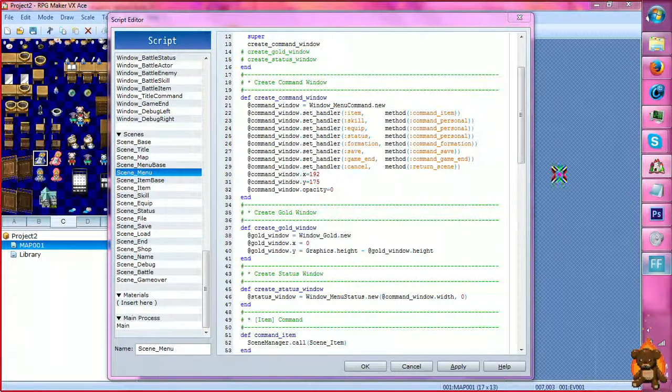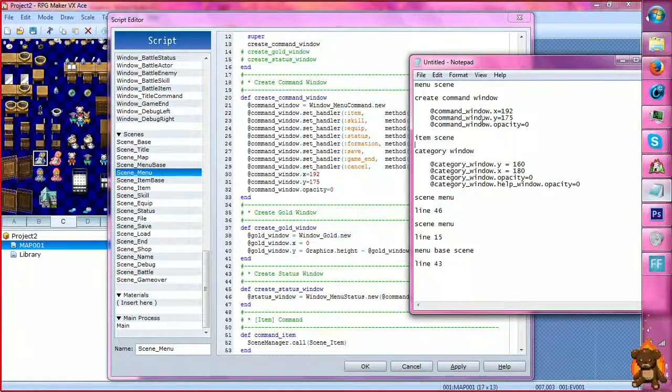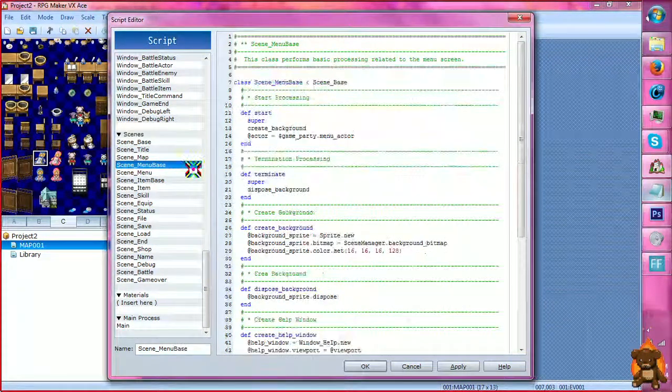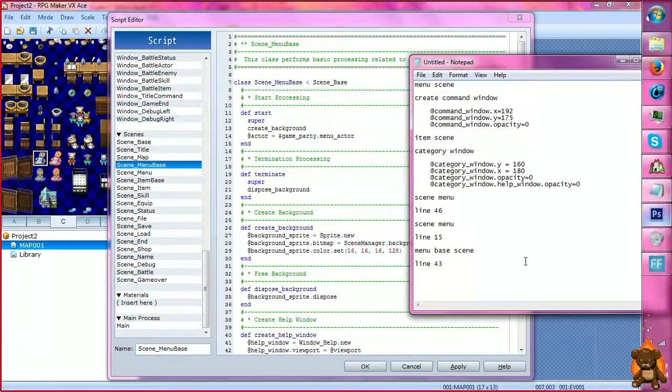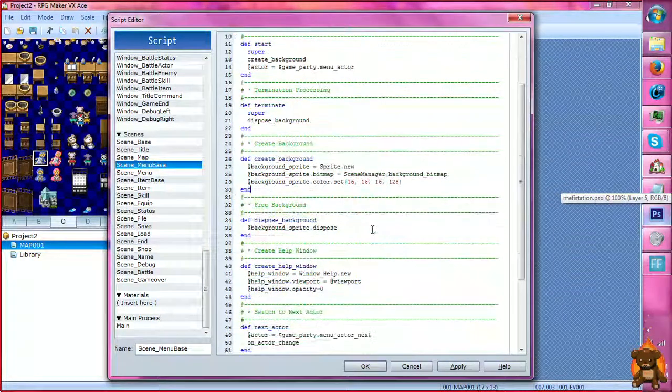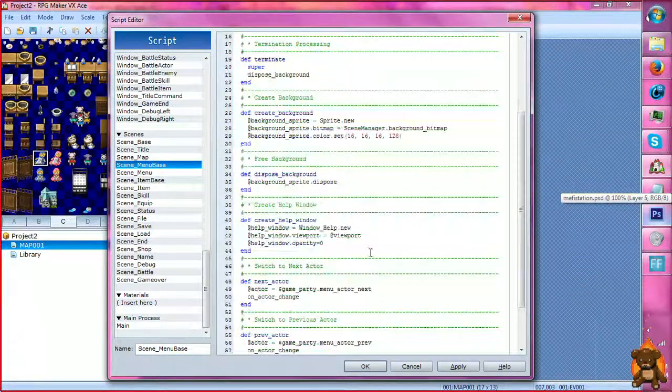Let's see, what else do I need in Scene Menu? Scene Menu line 46. Oh, that's right, I goofed up there, so I don't need that. Scene 15. No, I've already got that. So, Menu Base scene. What one was that? 43. What's a 43? Ah, okay, now the help window,